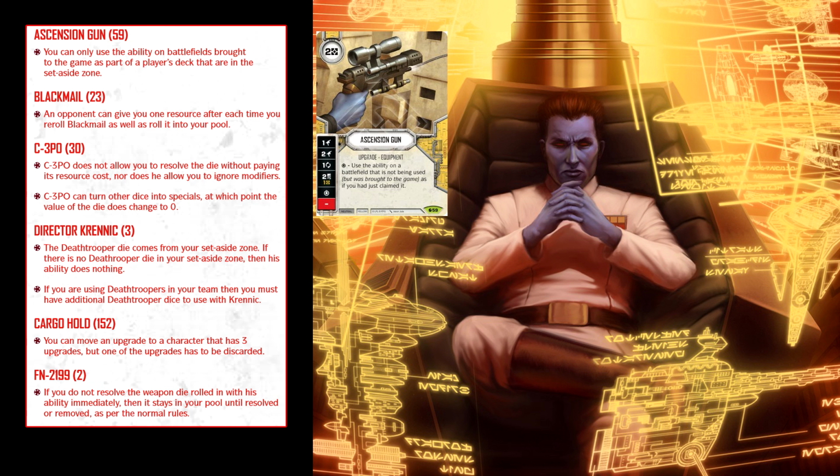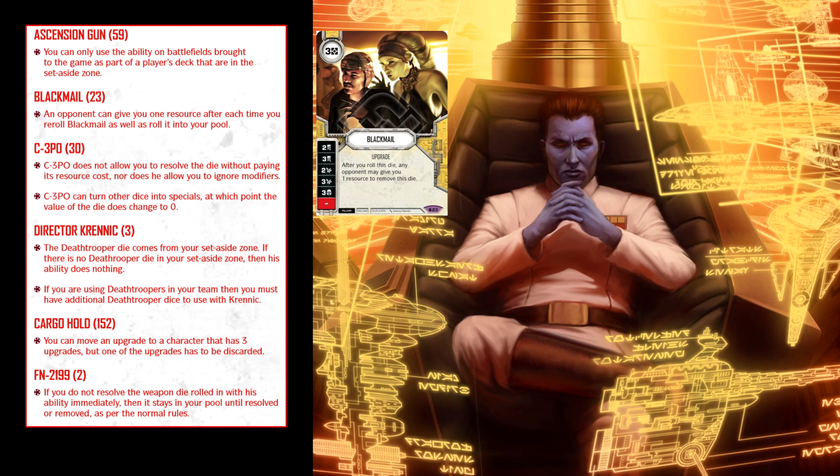So there is a number of other card clarifications, particularly with regards to the Spirit of the Rebellion cards. You can see here the Ascension Gun. It says that you can only use the ability on battlefields brought to the game as part of a player's deck that are in the set-aside zone. Blackmail says an opponent can give you 1 resource after each time you reroll Blackmail, as well as roll it